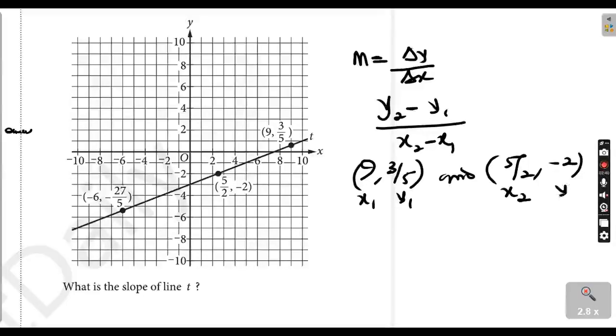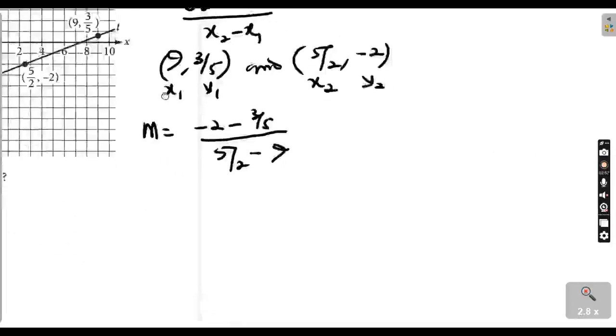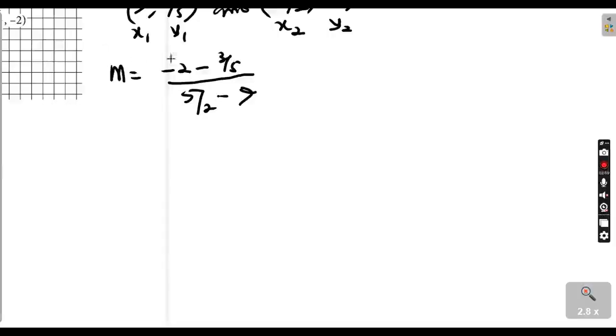This will be your x2, y2. So your slope becomes, what is y2? -2 minus y1 over x2. That is 5/2 minus x1. So this is what we are going to solve. -2 minus